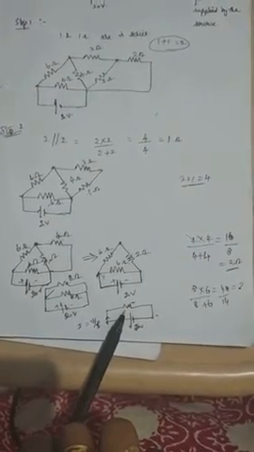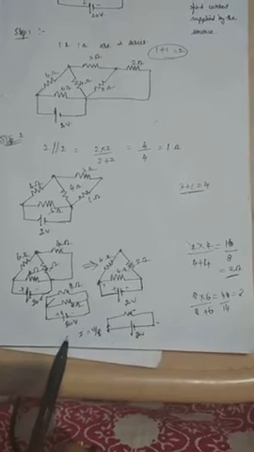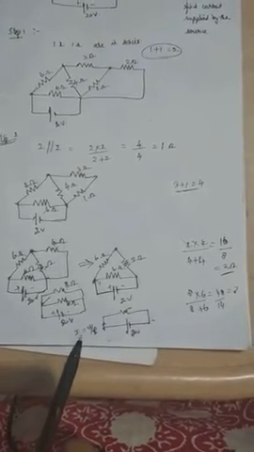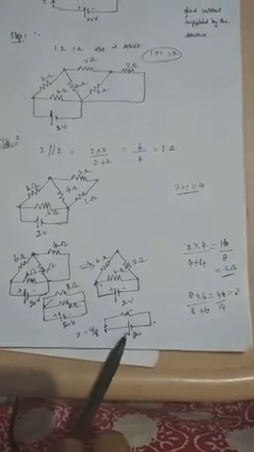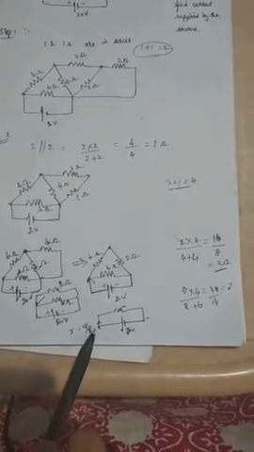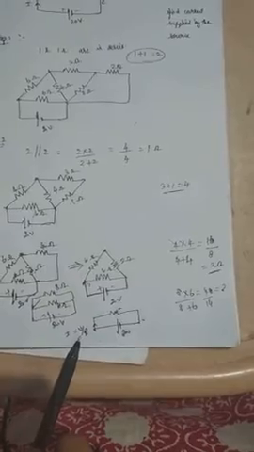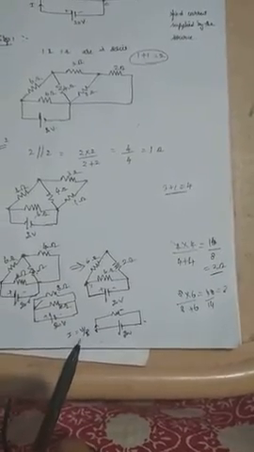It is some value, and from that we can finally calculate the value of current. So I is equal to V by R, 20 divided by the value that comes for the reduced resistance. We have to put it here so that we can finally find the value of current. So I is equal to V by R.